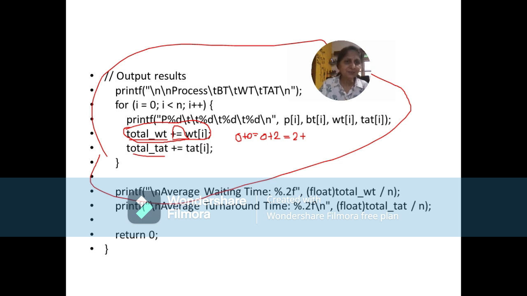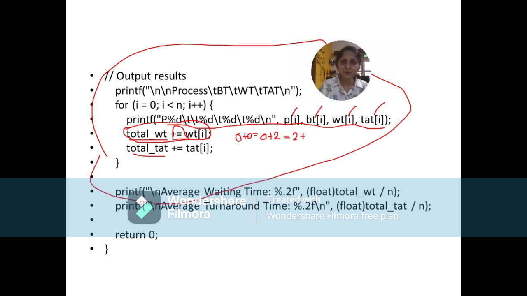Are we only calculating the total waiting time and total turnaround time? No. We are also displaying some details. What details are we displaying? We are displaying the process number, the burst time of that process, the waiting time of that process, and also the turnaround time of that process.